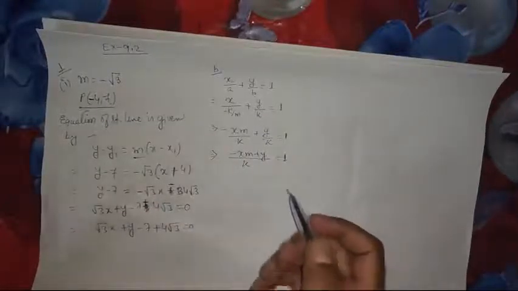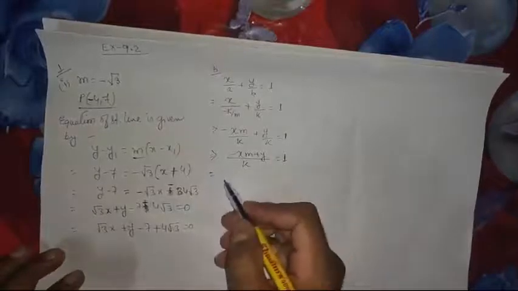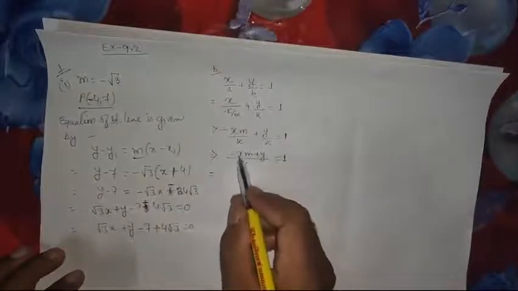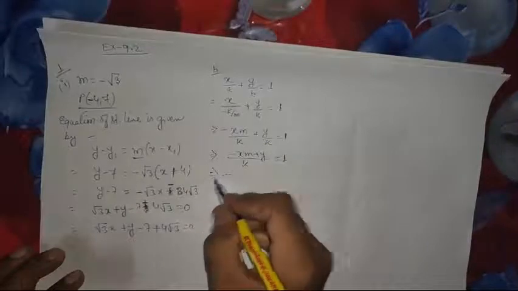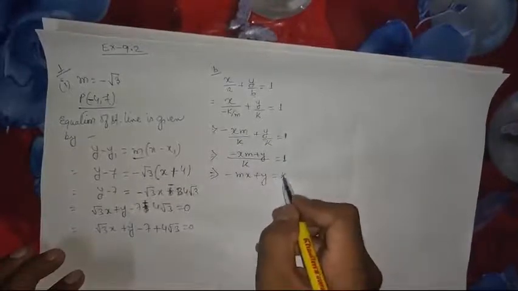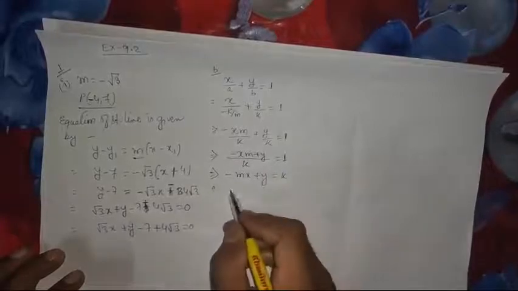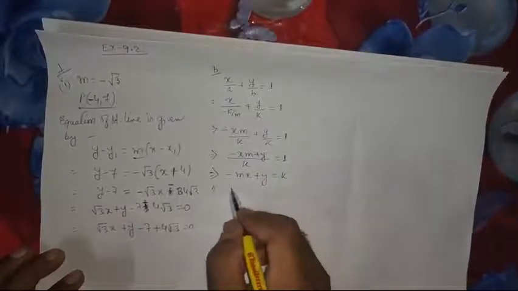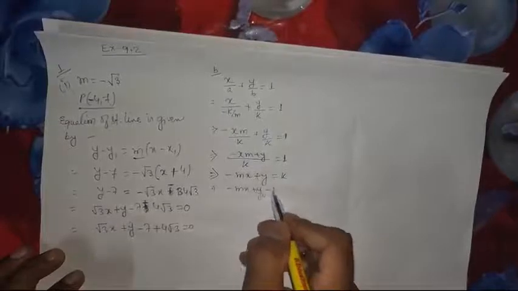Fine, I have already done this, I just need to solve it in two steps. Or shall I do it? Okay, fine, let me do it, no other choice. So arrange it like mx plus y, and k will come here. Let me bring this in: minus mx plus y minus k equal to 0.